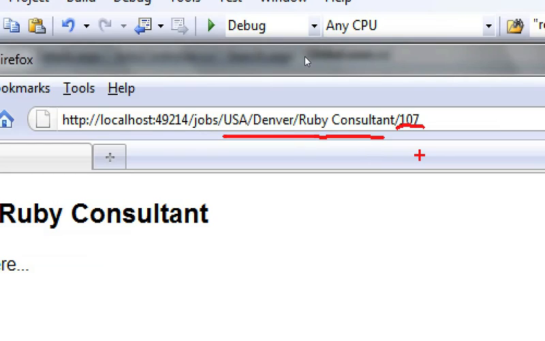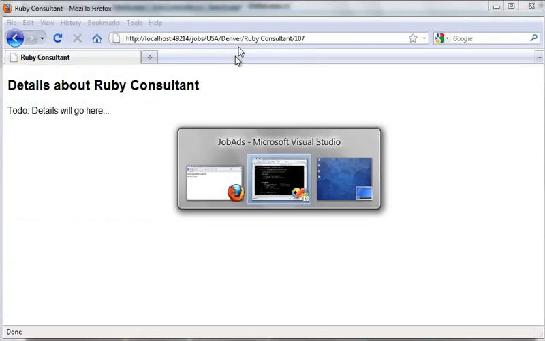The other thing that's slightly strange about this URL is that we've got a space in it between Ruby and consultant. People don't normally have spaces, and also it's all a mixture of upper and lower cases, and it's more normal for URLs to be generally lowercase. Of course that's just a matter of preference, but I don't really like to have spaces particularly, so I'm going to normalize my URL now.